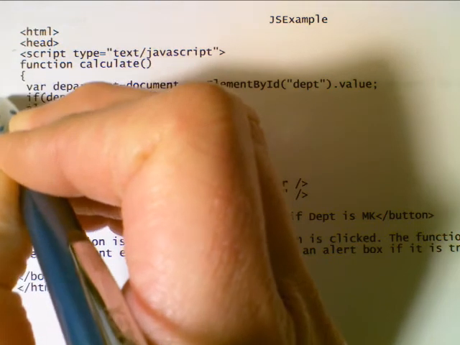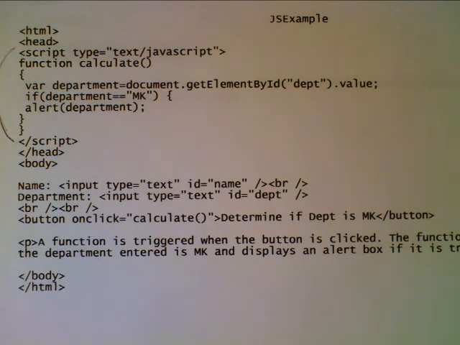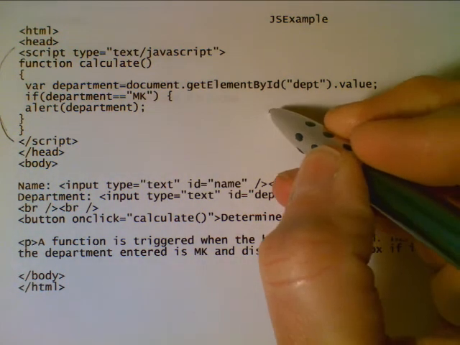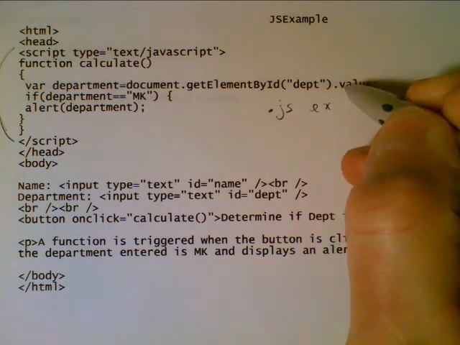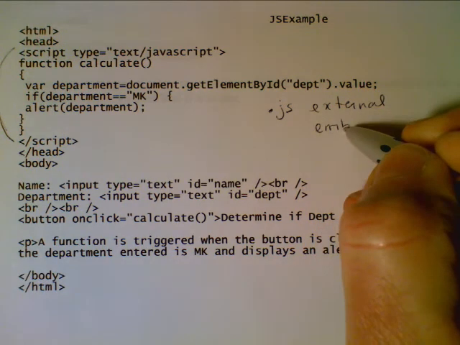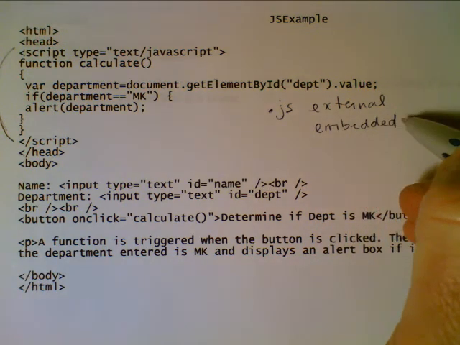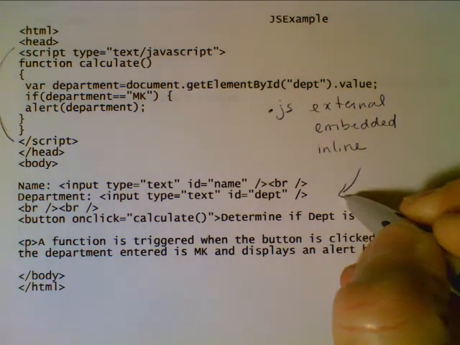And then we have our script tags, and our script tags are what house a function or other scripting code that we might have in here. The best idea would be to have a code behind page, which would be a .js page. So just like in cascading style sheets, the preferred method is external, followed by embedded, which is what we see here, and then finally inline,